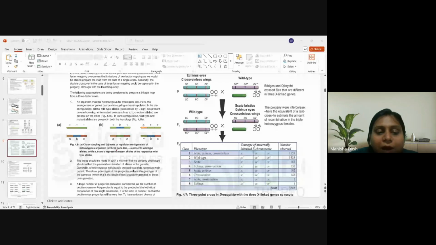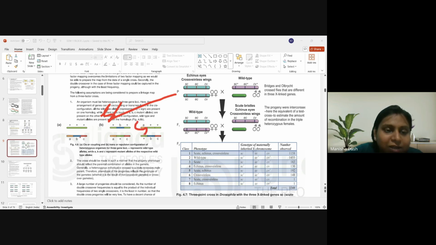So here one of the characters is what? Actually, this genetics is very difficult to teach without paper and pen or chalk and board. So we have one combination, that is SC,